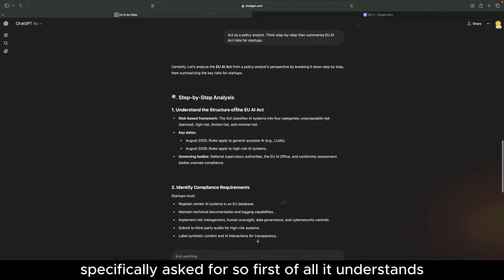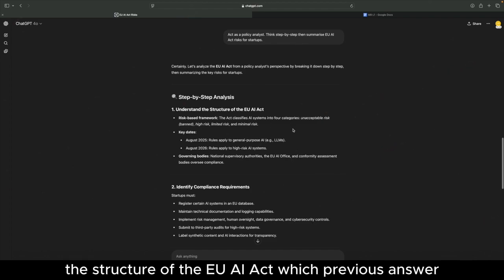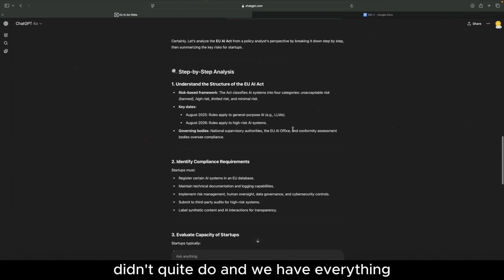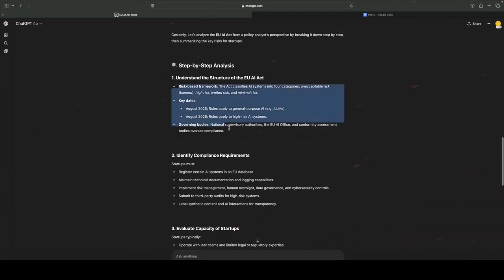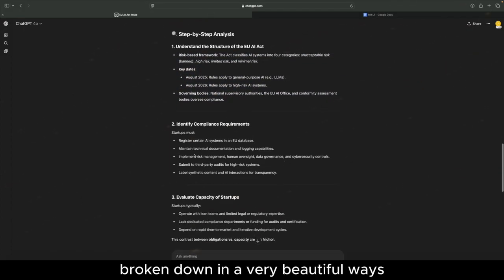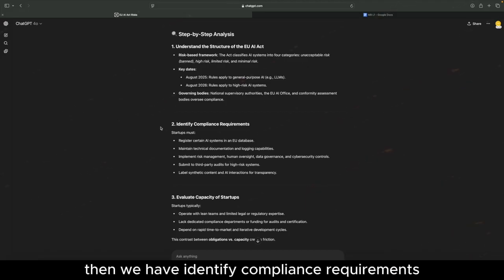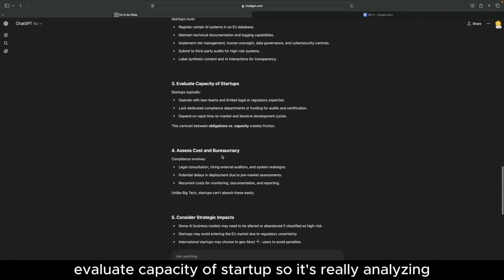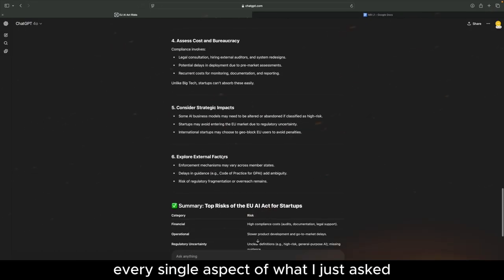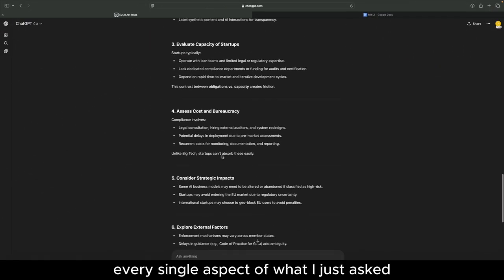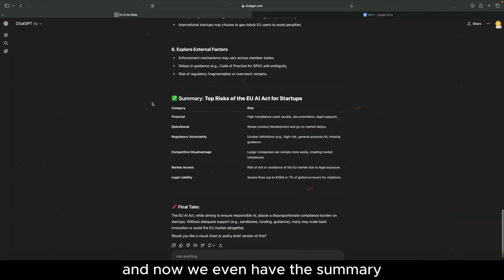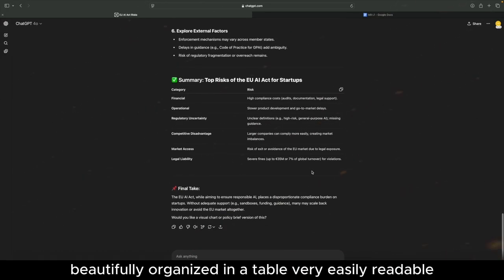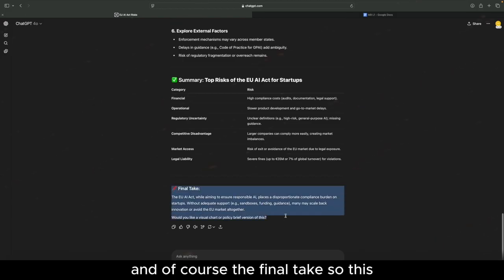So first of all, it understands the structure of the EU AI Act, which the previous answer didn't quite do. And we have everything broken down in a very beautiful way. Then we have identify compliance requirements, evaluate capacity of startups. So it's really analyzing every single aspect of what I just asked. And now we even have the summary beautifully organized in a table, very easily readable, and of course the final